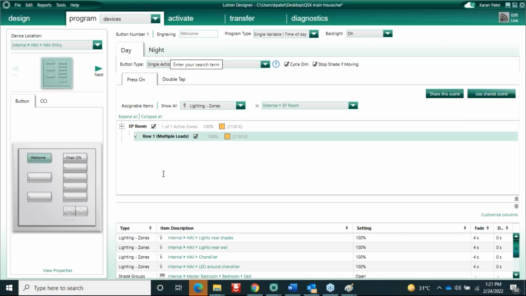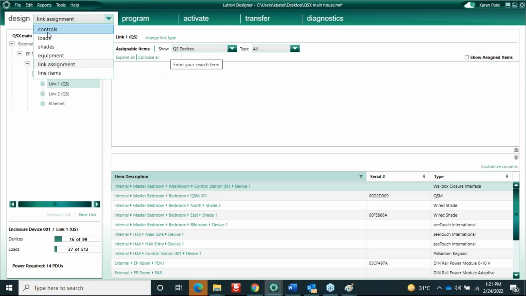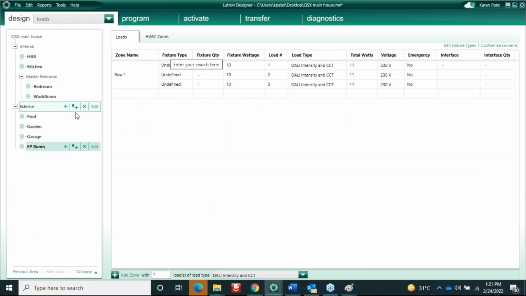And then there is a question from Ramesh. Can we control the motorized gates? So definitely yes. Motorized gates is basically a third party, and for that we have to have a motor 3-wire load. So choose a load type as motor 3-wire, and then you will be able to control the motorized gate. So if it is a high voltage, then